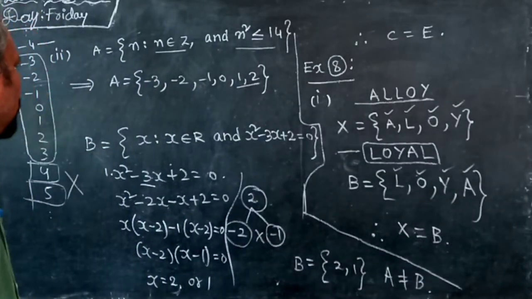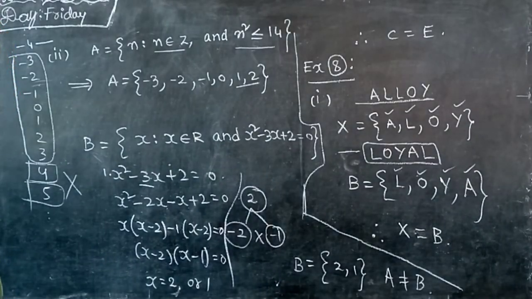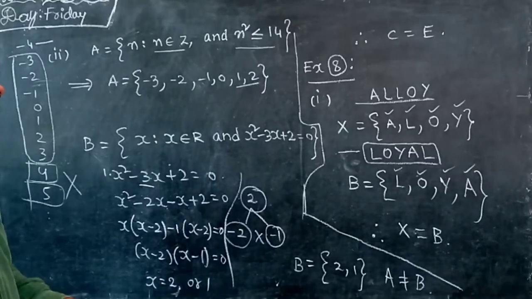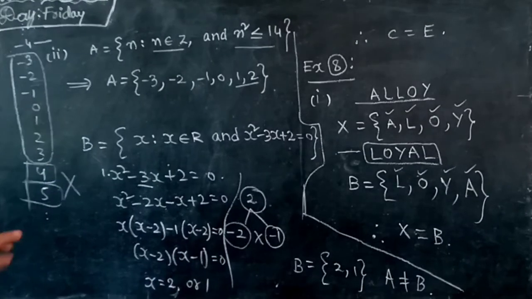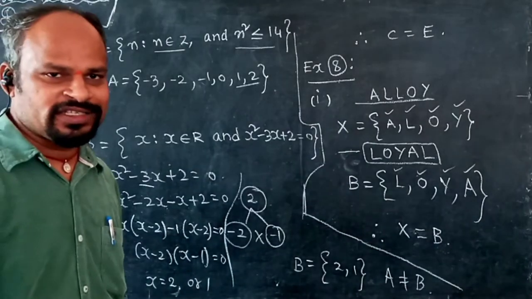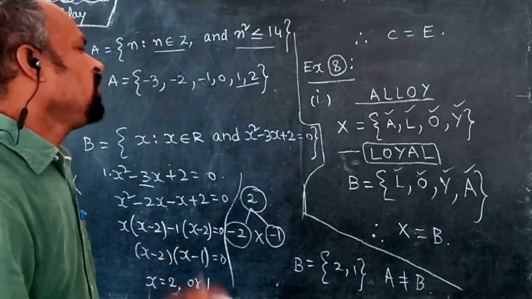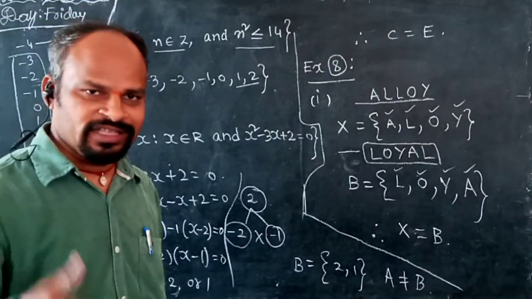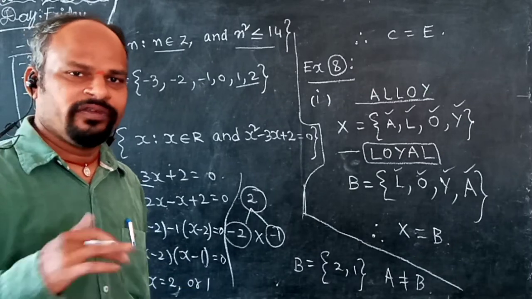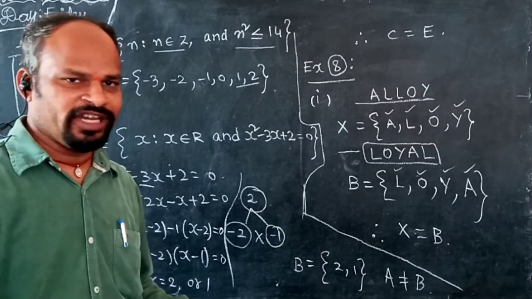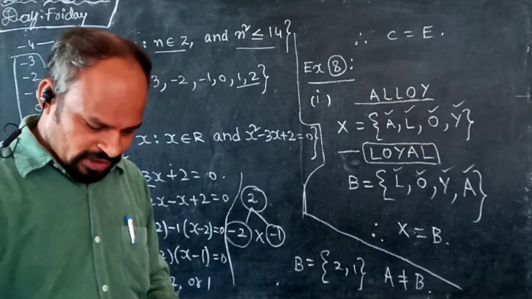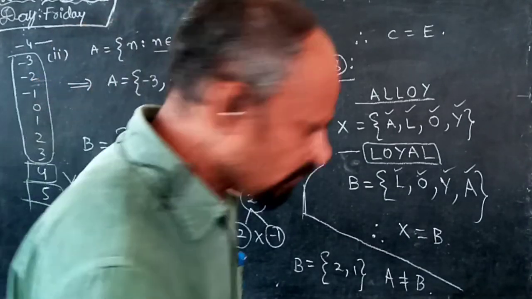So these are the examples. So here, what we did in these kind of examples, first whatever the sets are given in set builder form, first we will list out in the roster form or list form, whatever it may be, so that you will be getting all the elements present in that set. Then you can compare which sets are equal, which sets are not equal. Very clear. Next, we'll go to the exercise 1.2.